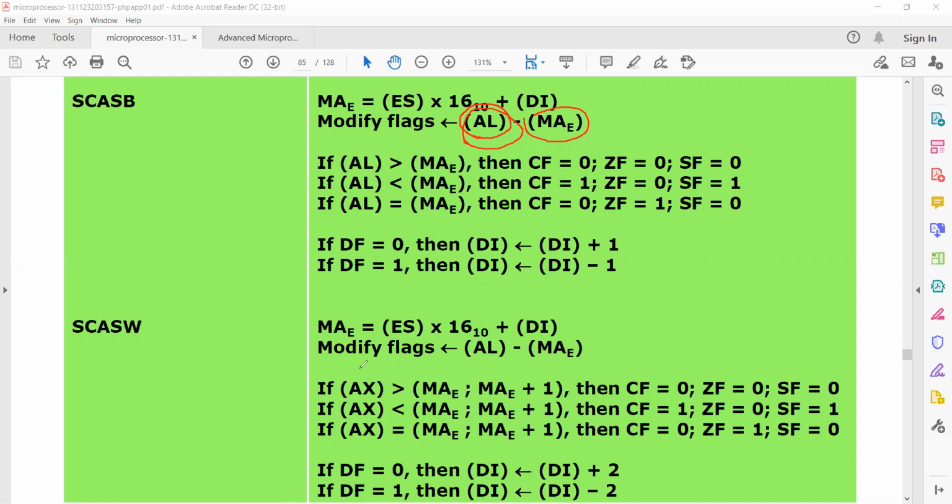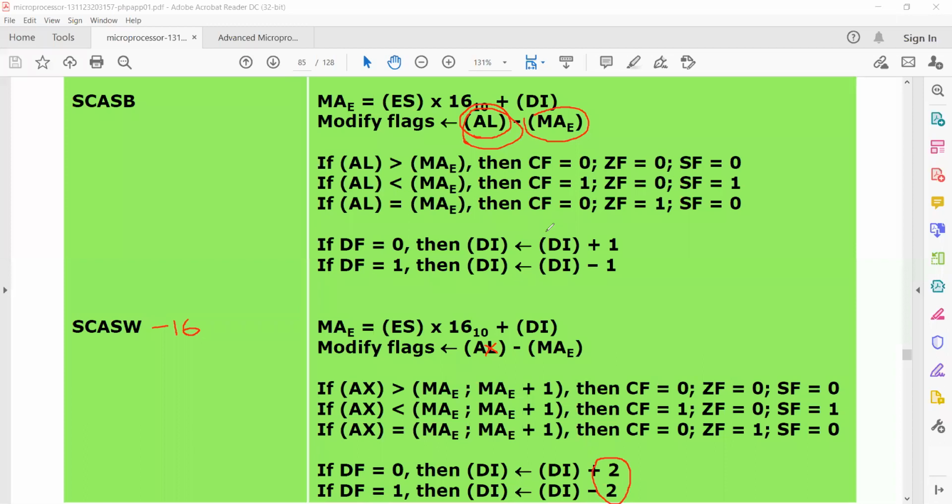For word, which is 16 bits, we use the AX register. Here it is wrong on the slide, it is AX. As it is a string word, it has 16 bits, so we have to use the AX register. The same process, and the incrementation or decrementation will be done by two. That is the only difference here.